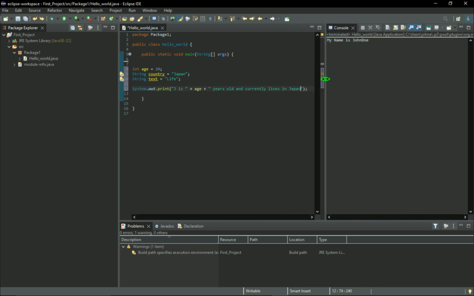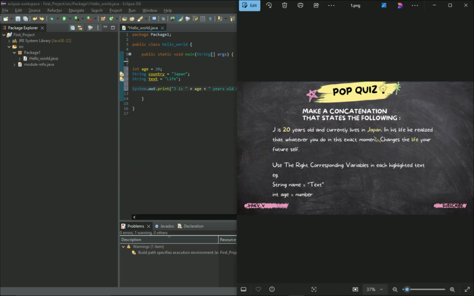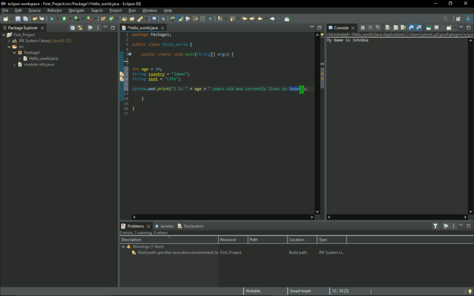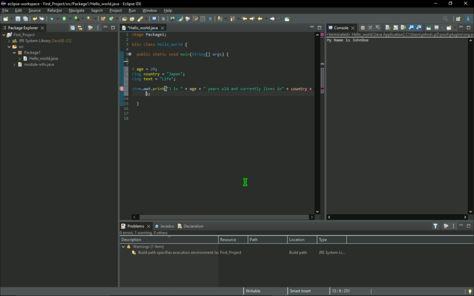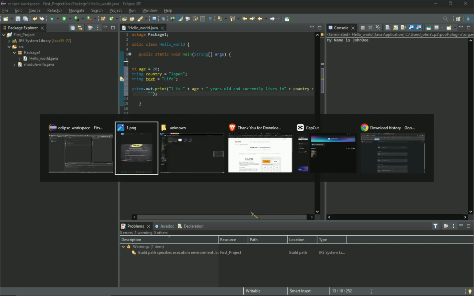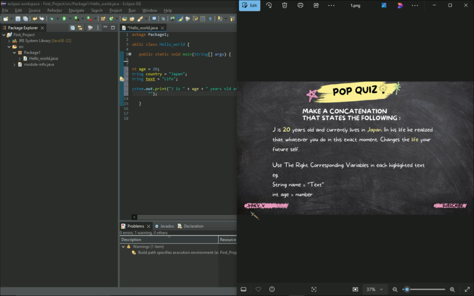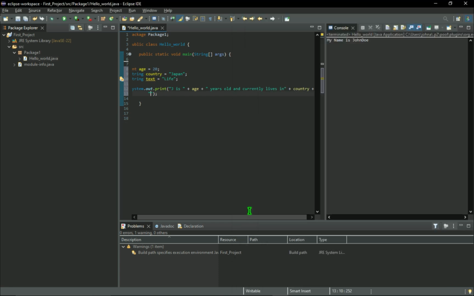Oh no, this is wrong. It should be lives in country. And let's go to the other line. Oh wait, there's an error. Let me go. Let's concatenate this again. Country, Japan. In his life he